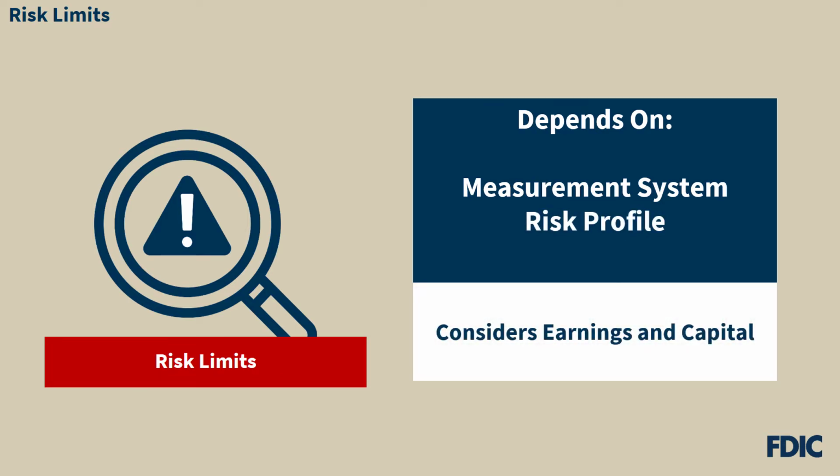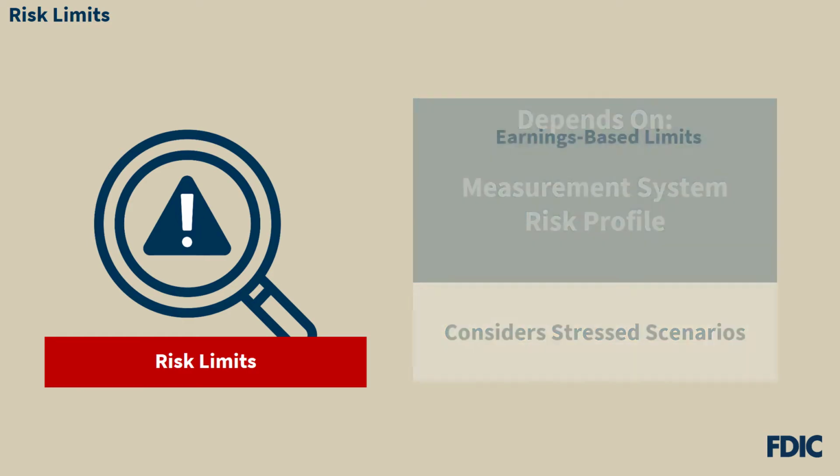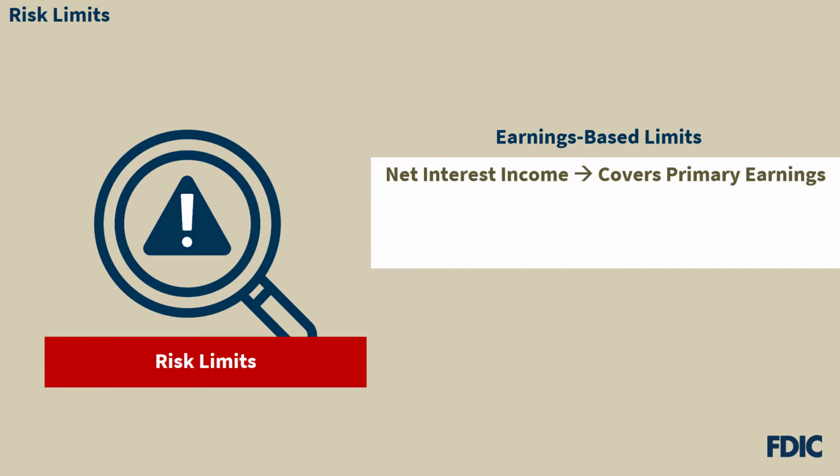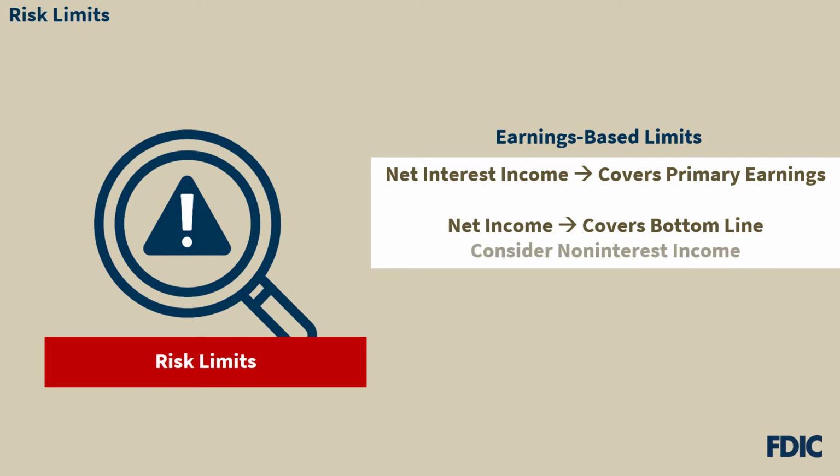Limits based on stressed scenarios are also important so that management can compare the measurement results with the bank's risk tolerance. Earnings limits are baseline controls that can be applied to the results of income simulation models. Net interest income thresholds are typically used as the primary earnings limits. Net income limits can help to control as well as quantify the risk to the bottom line. They are pertinent for banks with activities that generate material non-interest income that is sensitive to market interest rates, such